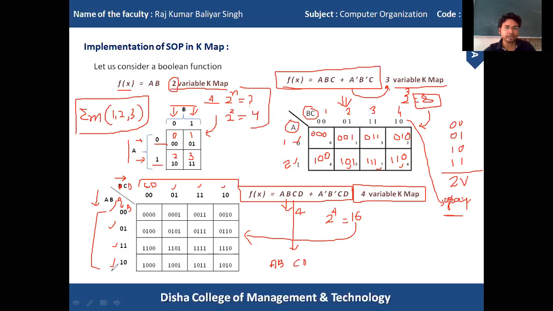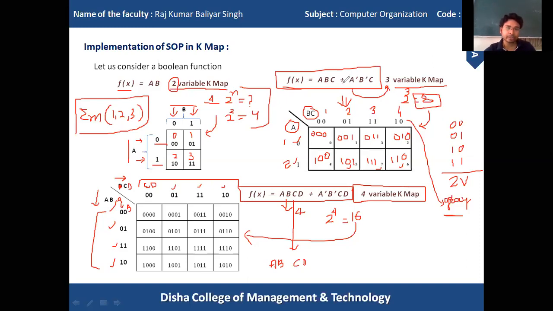These are some rules of implementing SOP in K-map. This is not all. We will do some examples and find the proper simplification way to get the result.